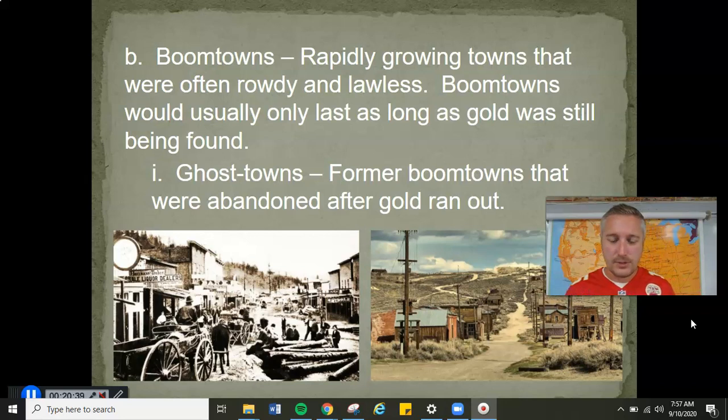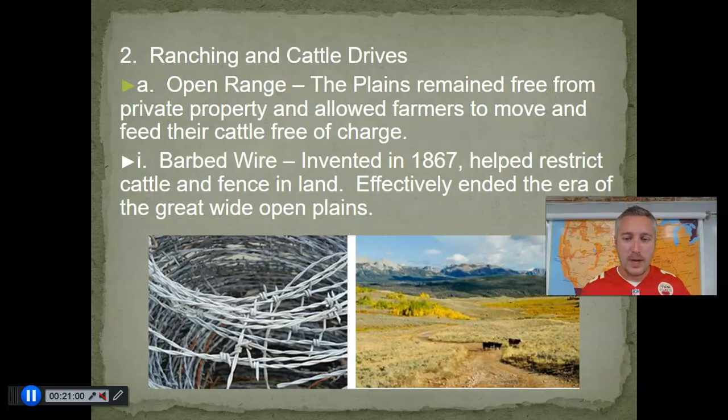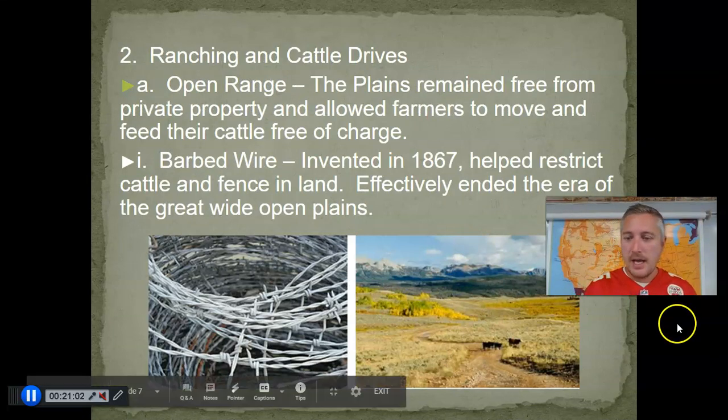That was reality for some of these boom towns, not all, but really, what would happen was if one location, if there was gold found in the river, there would be kind of a town that would form basically overnight, and then next thing you know, if the gold started running out, well, everybody would leave, and now all of a sudden, these boom towns turn into ghost towns. All right, let's talk about ranching and cattle drives.